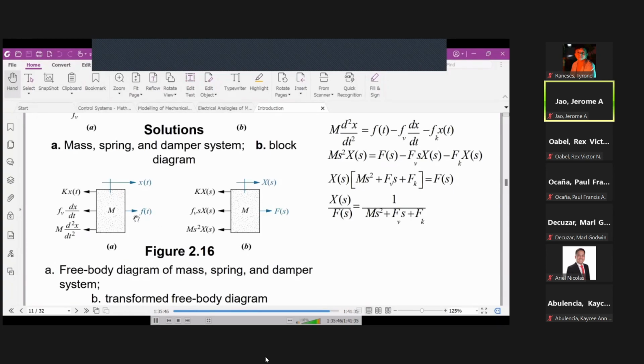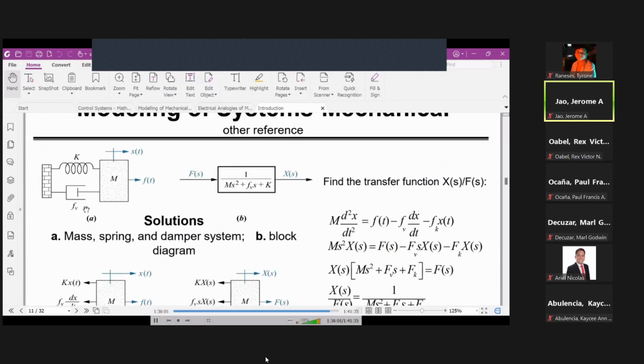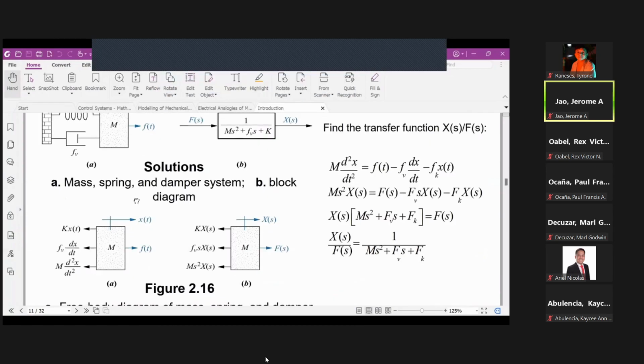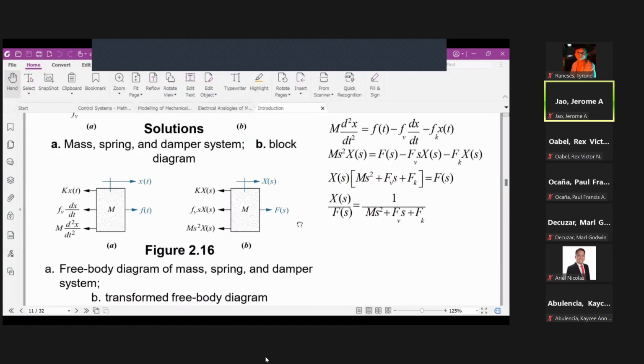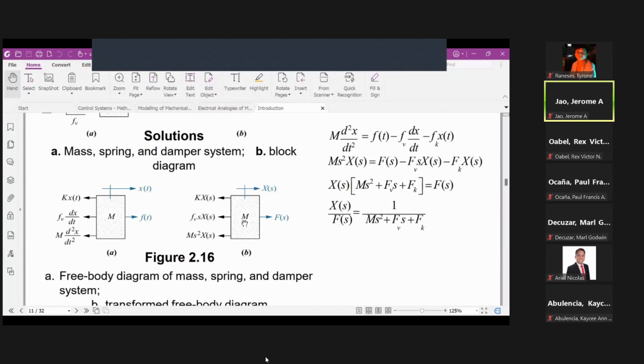There's a force applied, and because there's a force applied, there's an equivalent opposing force: the opposing force of your spring, the opposing force of your damper, and the opposing force because of your mass. Just one opposing force each, because we only have one element of each in this example. So you have one opposing force because of the mass, one because of the spring, and one because of your damper. When you write it in a Laplace transform, it looks like this. Here is the Laplace transform: there is an opposing force of your spring, opposing force of your damper, and opposing force of your mass. So when you write it,